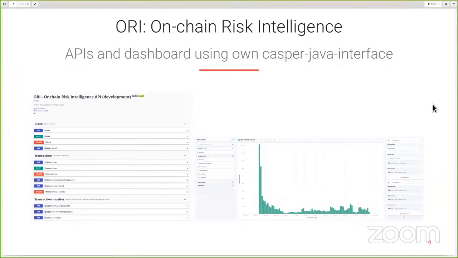In this project, we are building some APIs, GraphQL and a REST API, with resources to query the blocks and transactions. We first have to index those. It's the usual thing when you have to do analytics on a blockchain. We use our own Casper Java interface. We are going to integrate the Casper Java SDK as soon as it's out there and contribute to that as well. We would like to focus on the trace the coin features and to score AML on certain accounts. That's the core functionality that we're building.